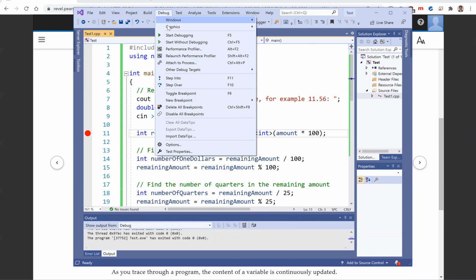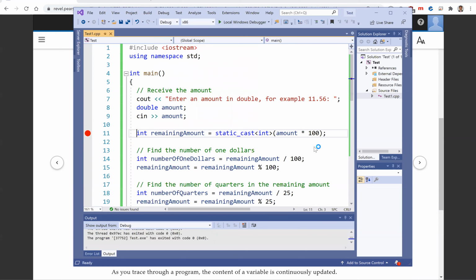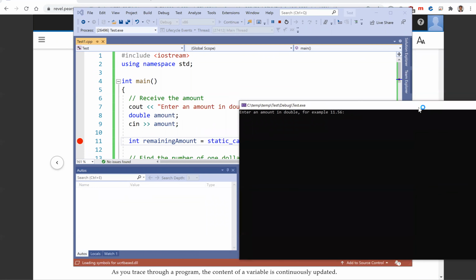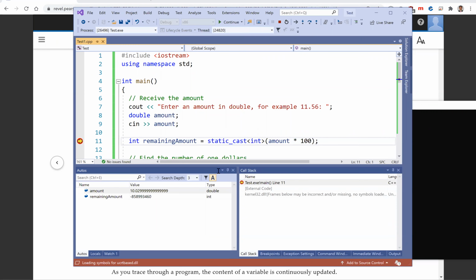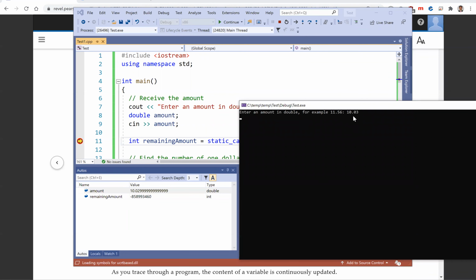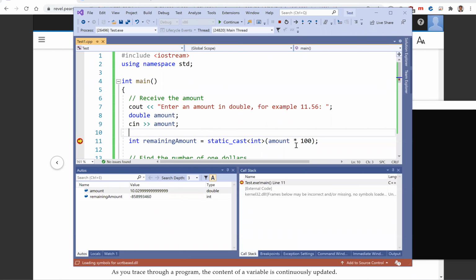Let's go back and redo this again. Start debugging, and I'm going to enter 10.03. Now this is what you have. You just hover over it here. See the amount, what is the amount? It's 10.029999. This is approximately 10.03. So we already see the problem. It is approximation, once you do this, casting this number